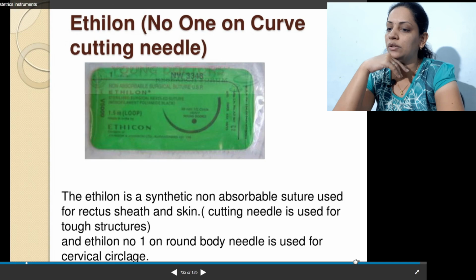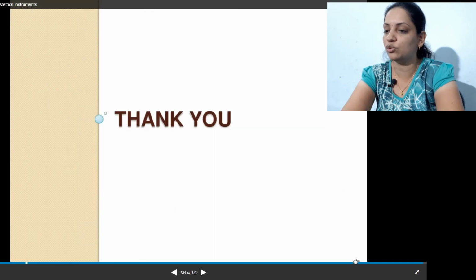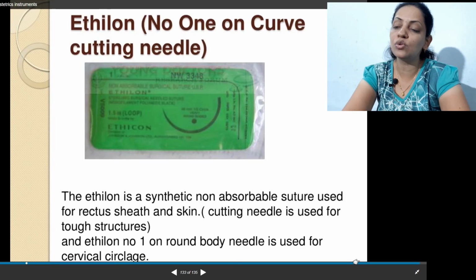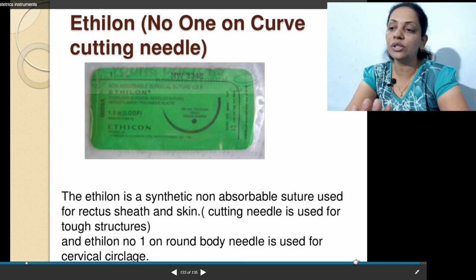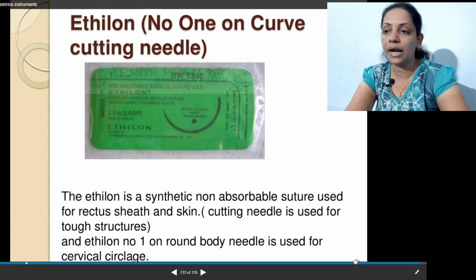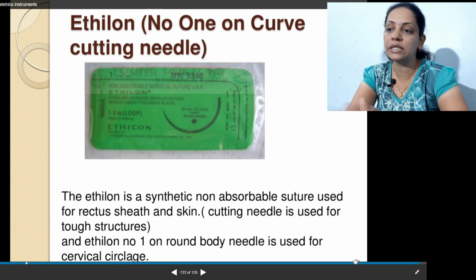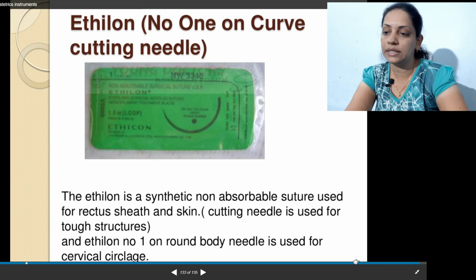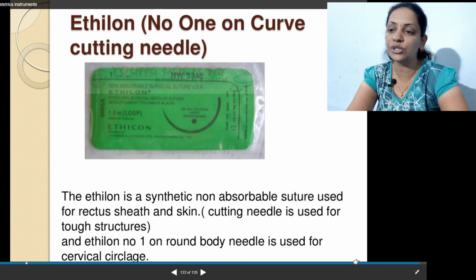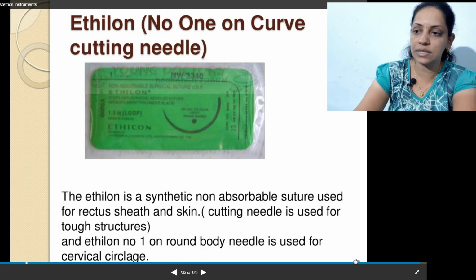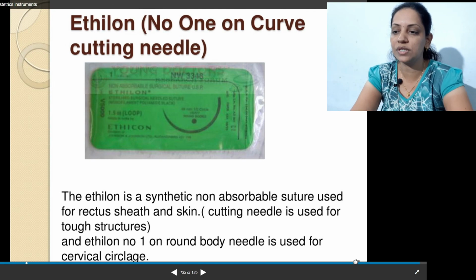This is Ethilon, also a non-absorbable suture, which we use whenever we don't want the suture to be absorbed on the external layer, where we want the stitches to remain. We can use Ethilon, and where we want the suture to dissolve automatically, we can use the absorbable suture. So these types of sutures can be used for stitches of different layers.